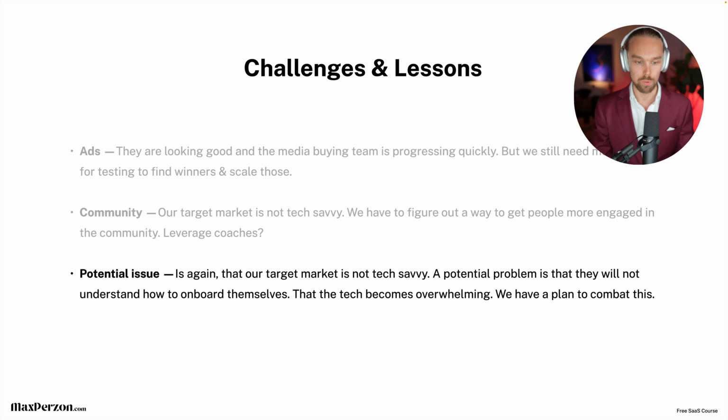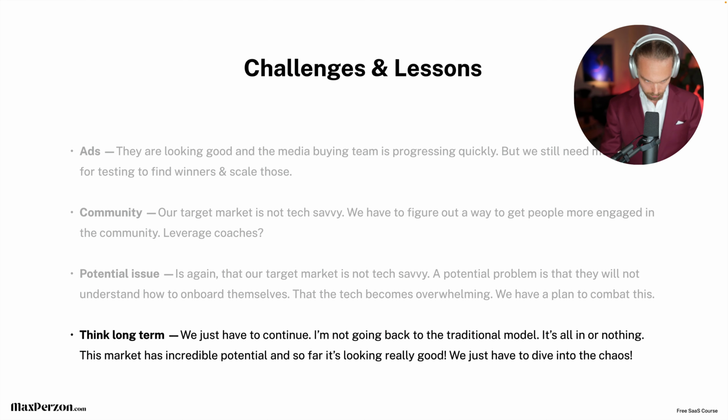So potential issue is again that our target market is not tech savvy at all. A potential problem is that they will not understand how to onboard themselves with the course, that the tech becomes too overwhelming, and we have a plan to combat this essentially, right? But again,